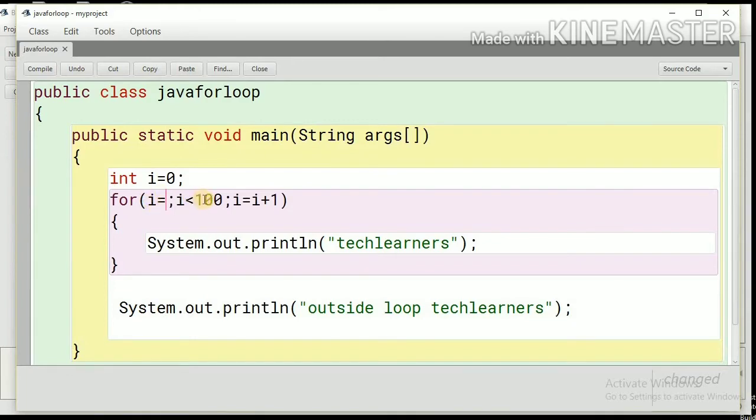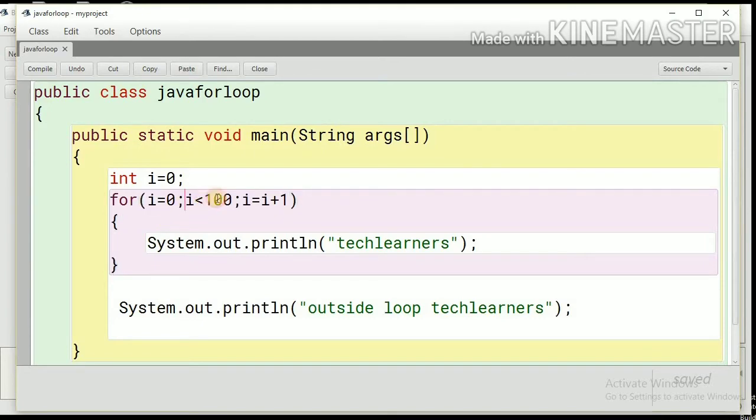We can even use a conditional operator. We can use any operator, plus, minus, any expression, but it has to be a simple assignment statement assigning the initial value to the variable from where the counting of the loop will begin.